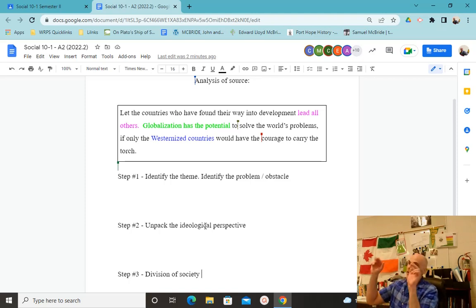So, Belgium found its way. It's ignoring the burden that the Congolese people had. UK found their way, it's ignoring the burden that who had? Who had the burden for the British? India, with mercantilism. What's another area of the world that had a burden for the British Empire, or within the British Empire? Who had the burden for the English finding their way through the Industrial Revolution?